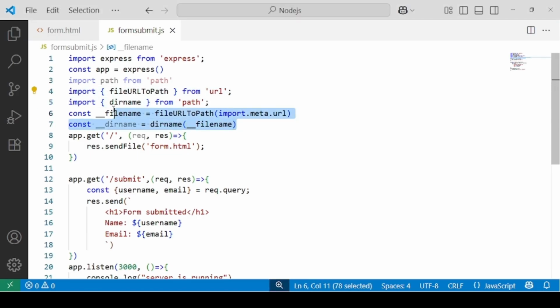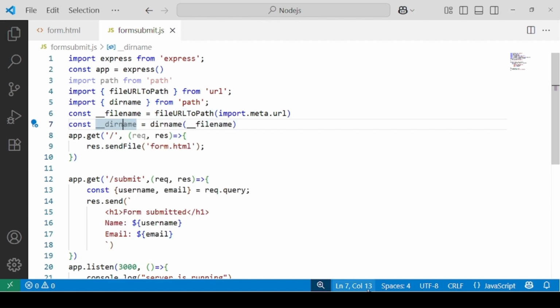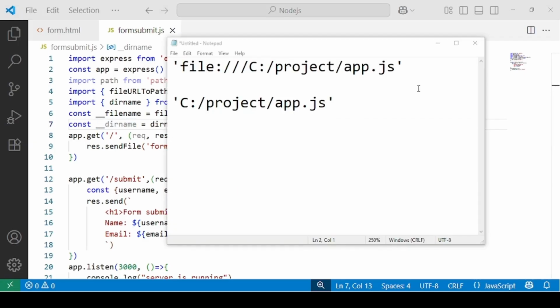Now, these are the two lines using which we are recreating the filename and dirname in the ES6 module. Now, the first line is actually converting the current module's file URL into the real path. So I can give you just one example over here. Just imagine that this is your real path.